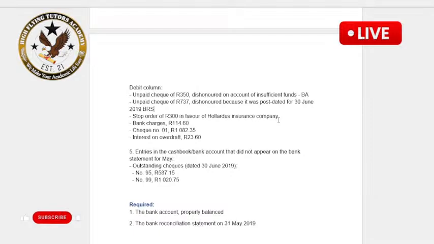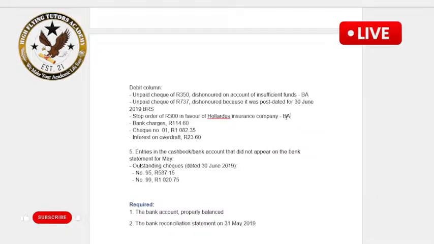As they deduct, it means you are making a payment. But because that transaction happens between the bank and the person you are paying, because you have arranged a stop order, it cannot reflect in your books. So this needs to be corrected in your books. So BA,